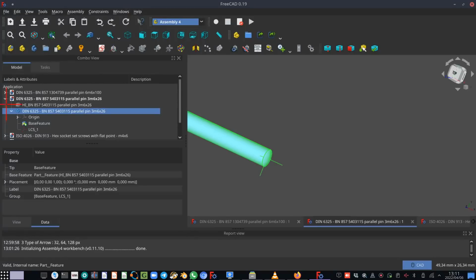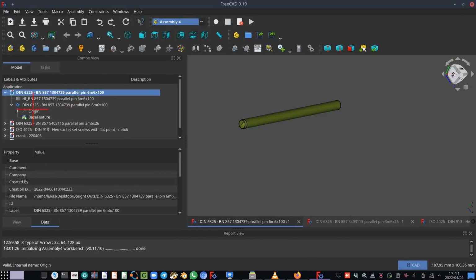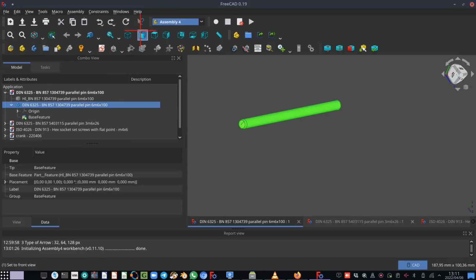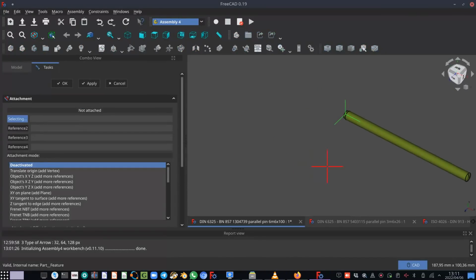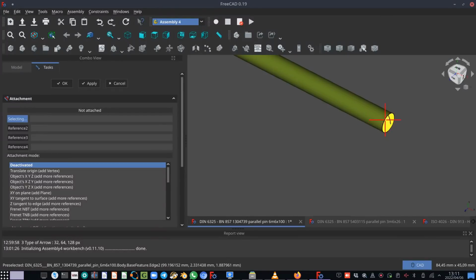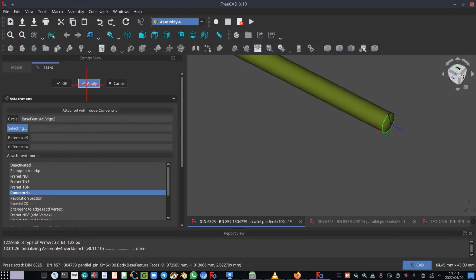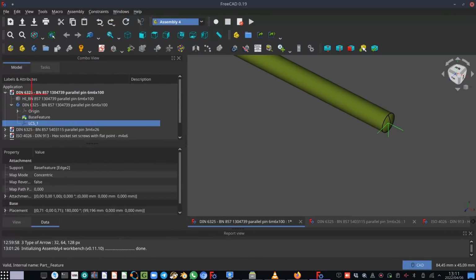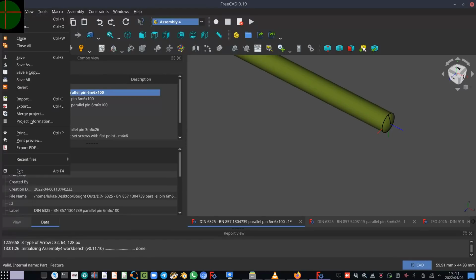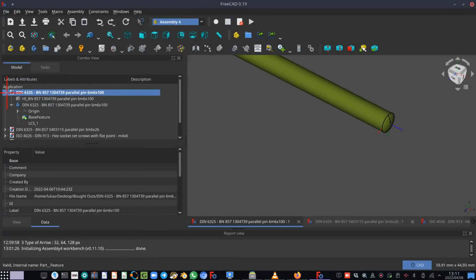File, save. Okay, and then double click that one, select the body, click this icon, new coordinate system, that's fine. Alright, and what we want is this roundish edge, click that, click concentric, apply, okay. We recompute that and we say file, save. Alright, so with that done, we are now ready to create the assembly